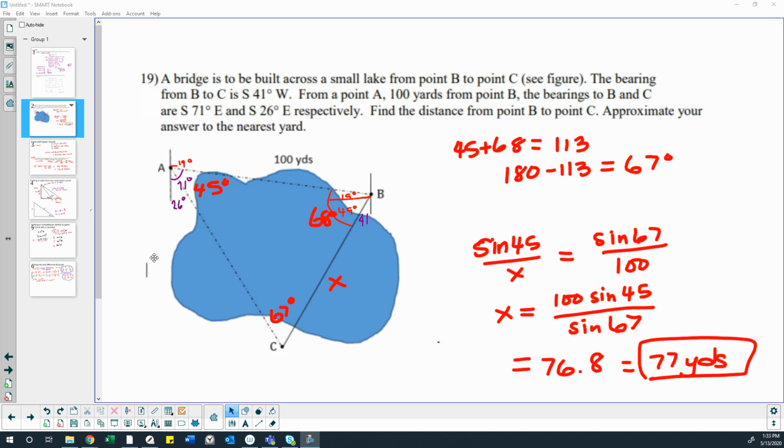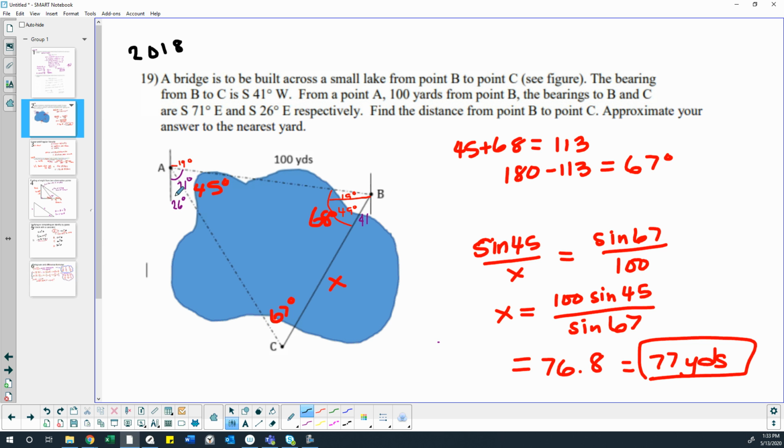This is from the 2018 final exam. A bridge is to be built across a small lake from point B to point C. The bearing from point B to C is south 41 degrees west. From a point A 100 yards from point B, the bearings to B and C are south 71 degrees east